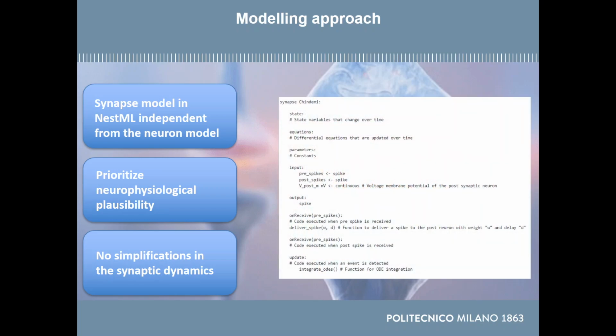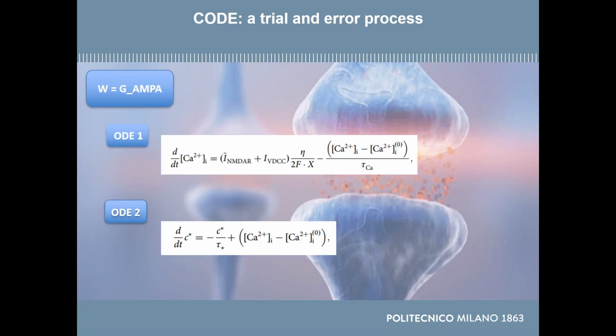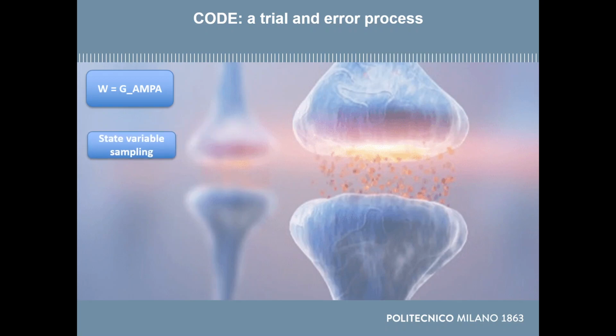A synapse in STML code is made by blocks, run when the corresponding spike is detected. The initial goal was to calculate the AMPA conductance update through the chain of differential equations and to use it as synaptic weight. With this approach, differential equations were not able to update, since they depend upon state variables that were continuously changing over time, so we sampled the values of the state variables to use them in the differential equations. Due to the limitation of the simulator, we linearized nonlinear differential equations.